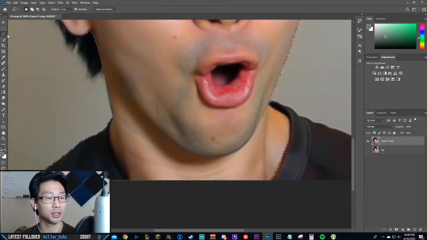So if I grab the Lasso Tool, same concept. If you hold Shift, there's a little plus sign next to the Lasso Tool and it adds that portion into your selection. If you hold the Alt key, the subtraction symbol shows up and you remove that. So for example, if I hold Shift, get the addition symbol, boom, that gets added to my selection. Because if I don't do that, it'll just create its own new selection. You don't want that. But I'm going to use the Alt key and remove selection. So let me go and remove